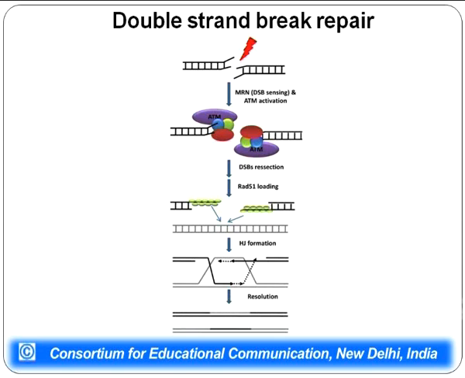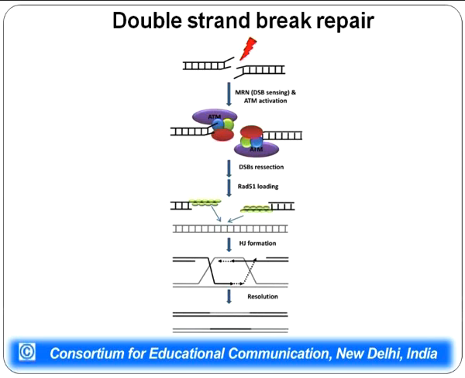MRN protein is a protein which screens or senses the double stranded break, and it leads to activation of another protein known as ATM protein. After these proteins are loaded, there is resection of the DNA strand. Resection is removal of nucleotides from one end. After the resection, there is creation of single stranded DNA tails, as can be seen in the figure, and these tails are loaded